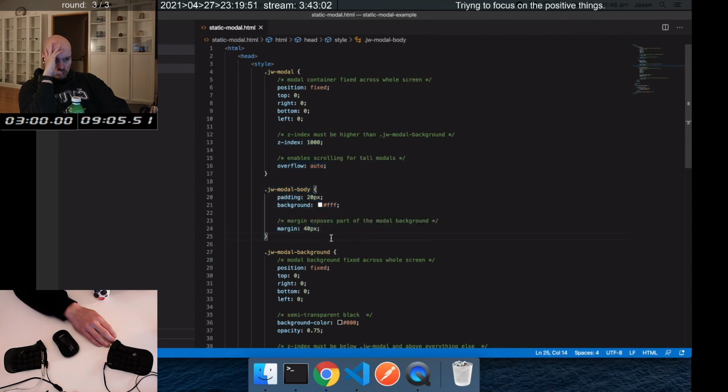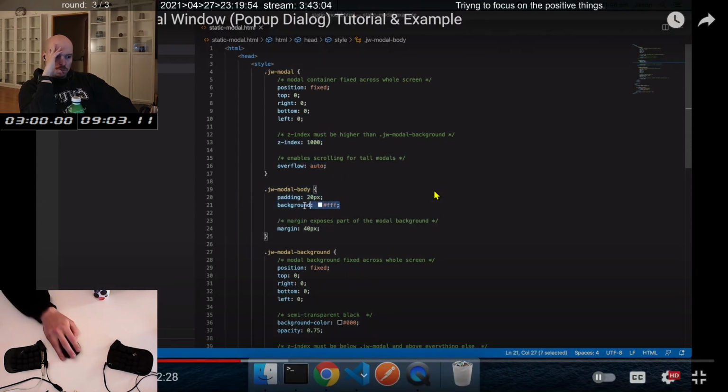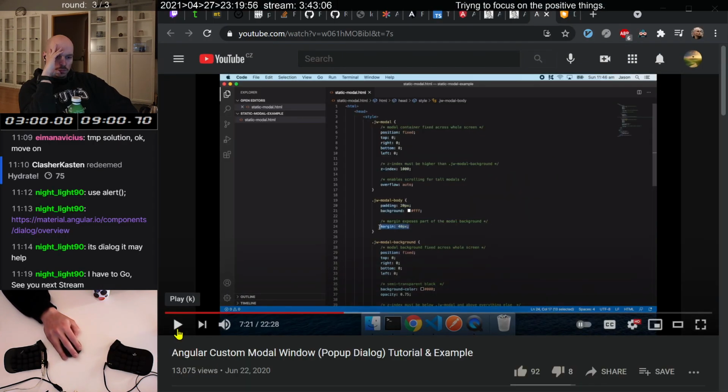The JW modal body tag inside the modal container has a padding of 20 pixels and background white, and a margin of 40 pixels, which